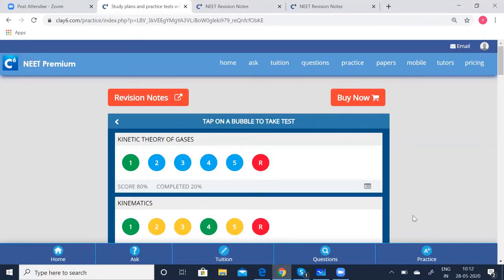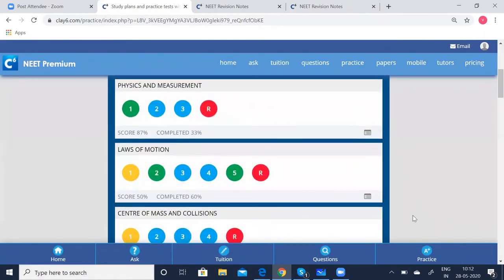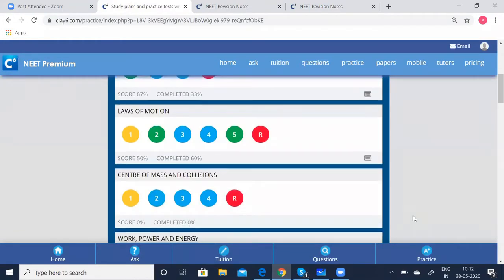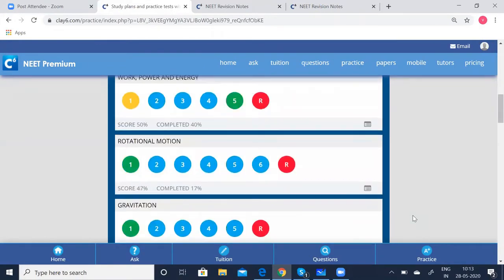So you can take the test again and again until you are thorough with the concepts and you're happy with the results. Once you are done with all the chapters, with all the concepts and the formulae, and you're confident enough, then you can go to the needful tests. There again we have around 37 tests. You can make use of those tests, attempt any number of times, and make yourself thorough before your exams.